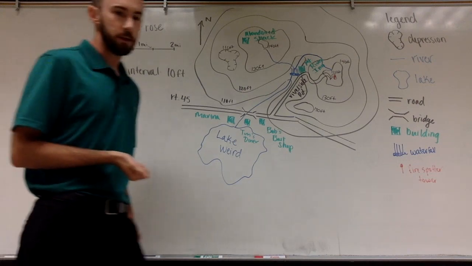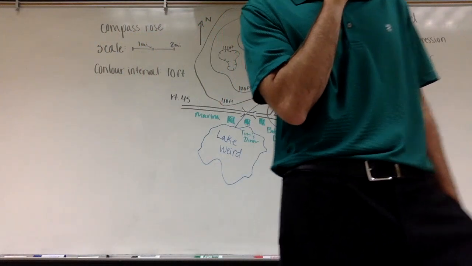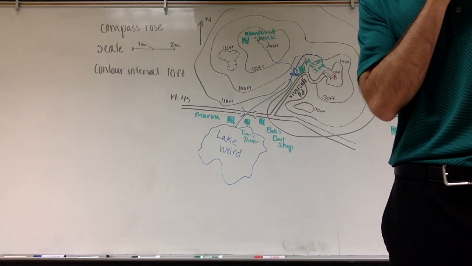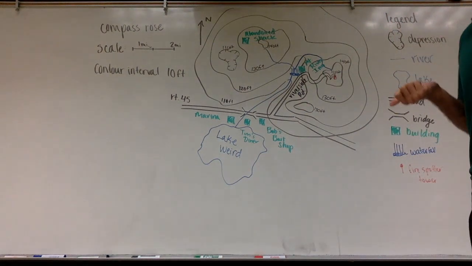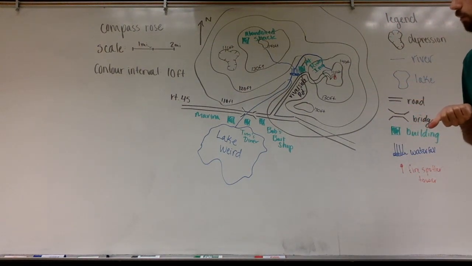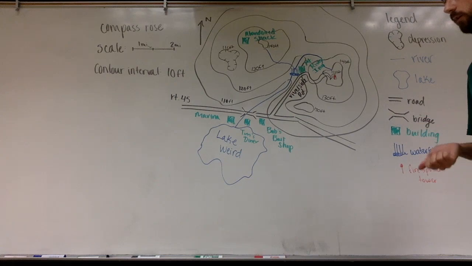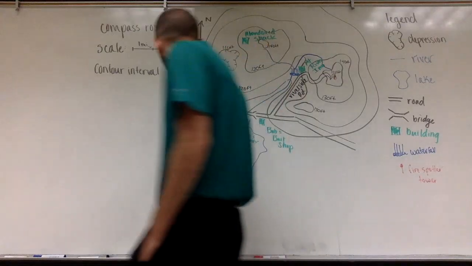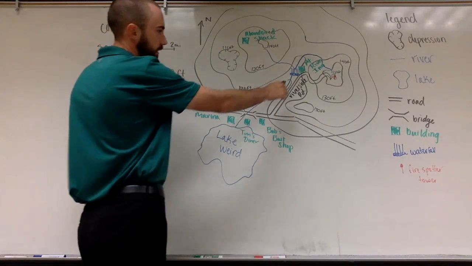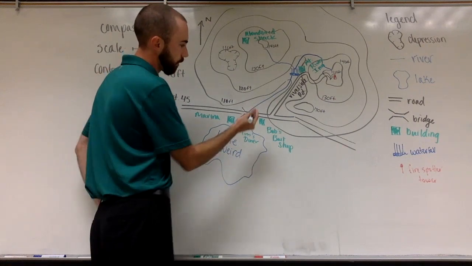So our map's starting to look pretty good here. I'm trying to think if there's anything else I'm missing. I think we're pretty good. But let's say they wanted to generate a little more power for the town. Let's say they wanted to put in a dam. And let's say the dam is like 10 feet tall. If I were to put one in halfway up this river from the lake, and they were to put one